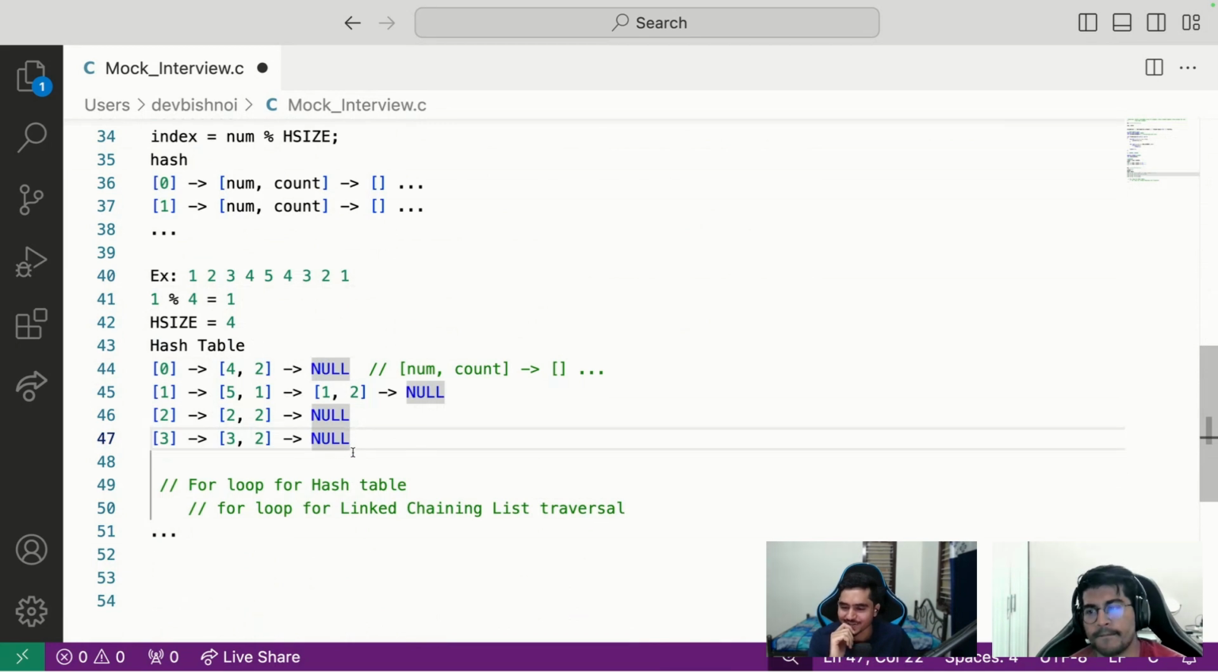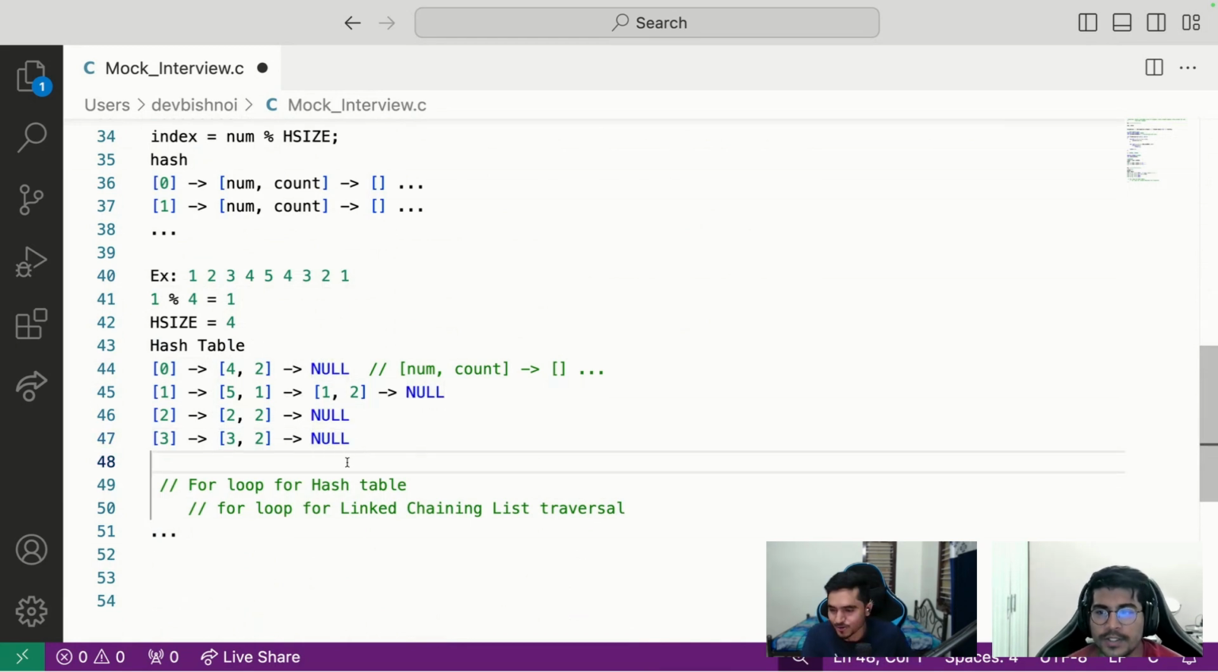We'll come to that part later, maybe. But I think let's complete this approach first. So, what I was thinking is that since this is there, and then what I'm doing here